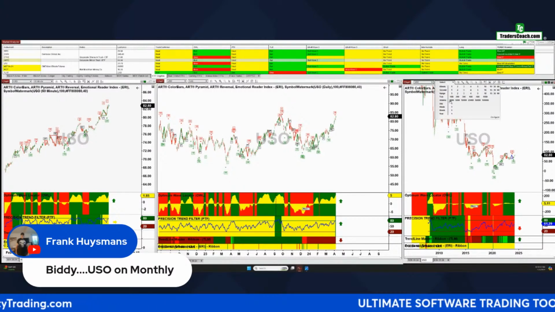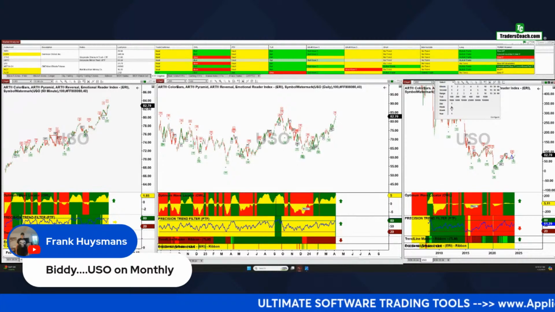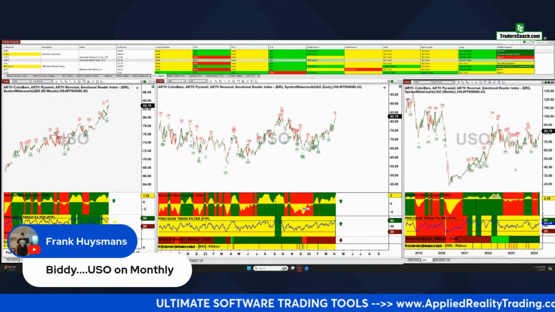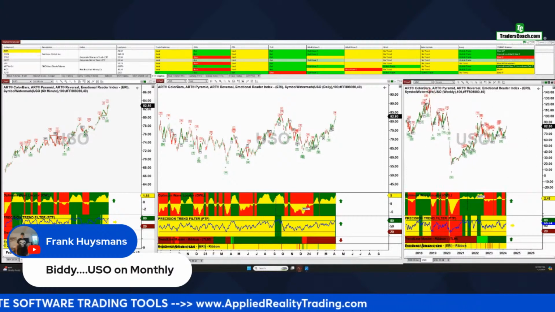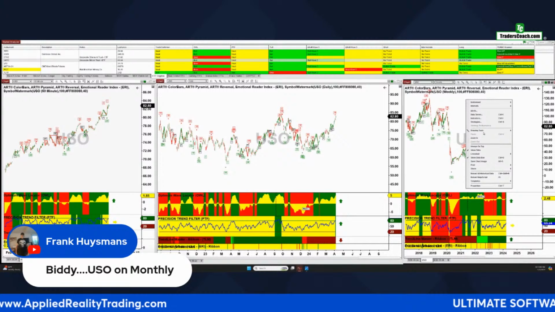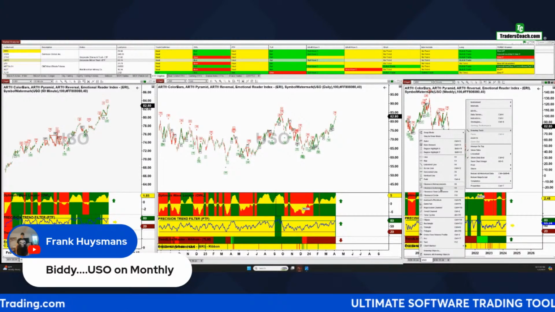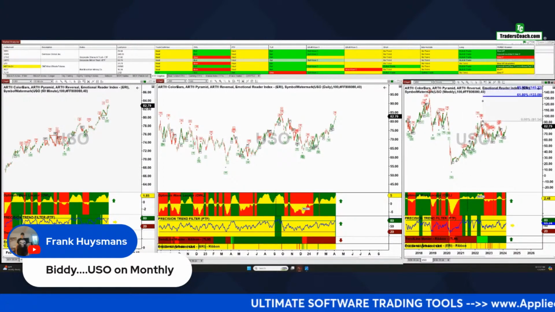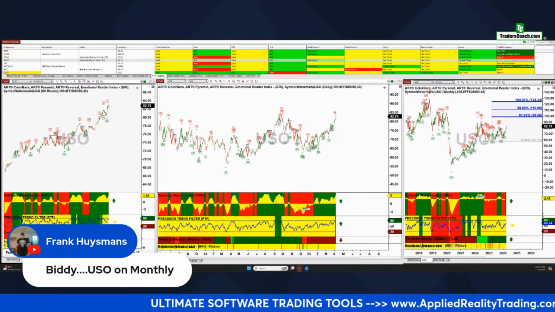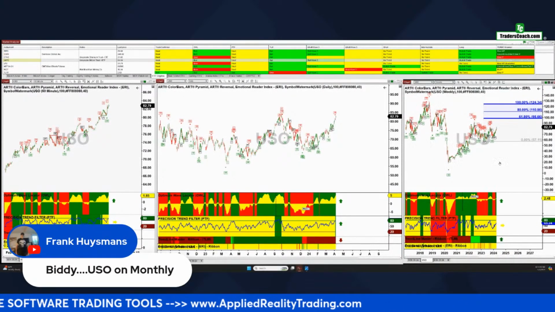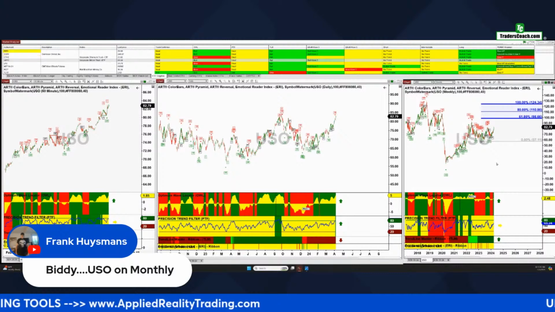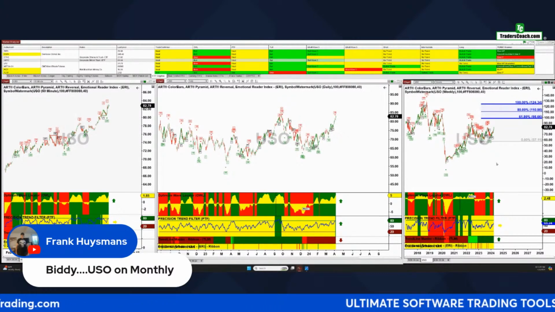Now let's back it off to the weekly chart. Okay, so give that a second to load. So on the weekly chart here, if I grab my extensions, I'm thinking right in this ballpark here, right around 98 to 124. So that would be where I think this move up is going to stop. So I think probably during the summer at some point, we'll get to that target.